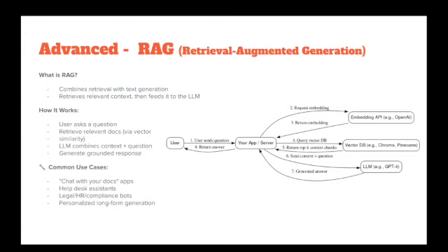And then building on top of this is RAG, retrieval augmented generation. You're going to hear this a lot. Most chatbots use this. It's mostly for chat-with-your-docs applications. So suppose you have a company wiki that has thousands of pages, and you want to build a chatbot that allows you to ask questions about a huge amount of data. There's no way you're going to put all of that in the system prompt and then say, hey, from this data, what do you think of this? It's going to cost you a lot. It doesn't make sense. So the idea is, as we said before, you would take all of your company data,